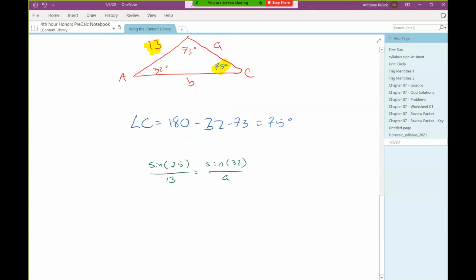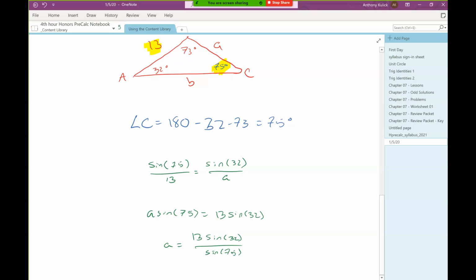Typically when I have one fraction equal to the other, we call that a proportion. And the gold standard in solving is to cross multiply and divide. So when I cross multiply, I get A times sine 75 and 13 times sine 32. If I divide both sides by sine 75,